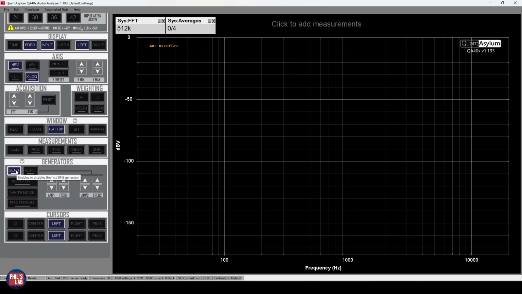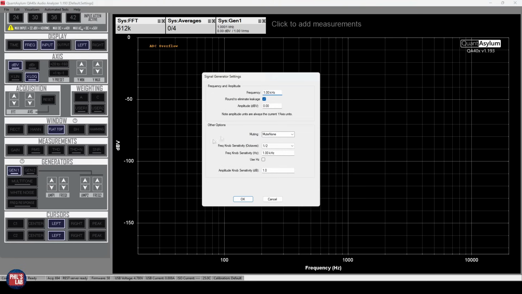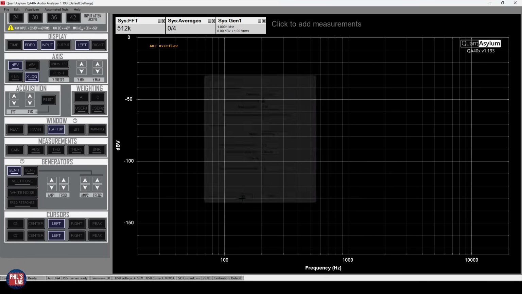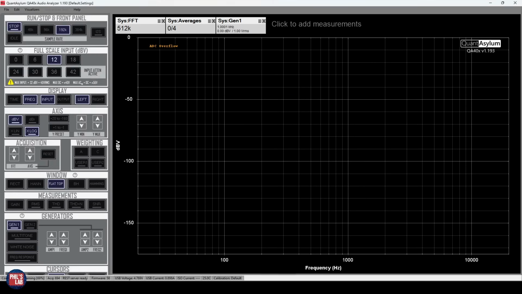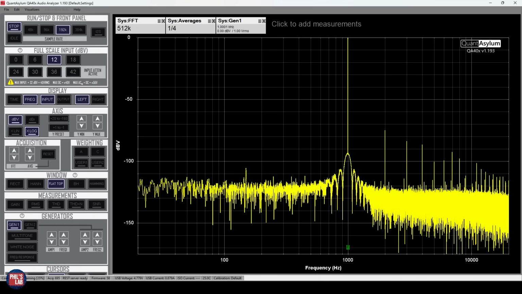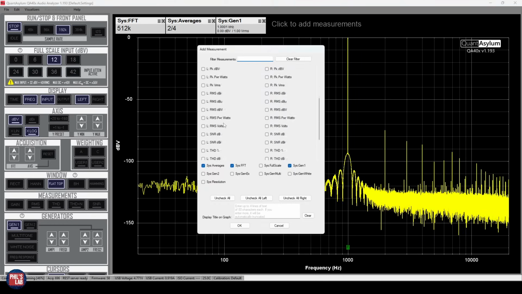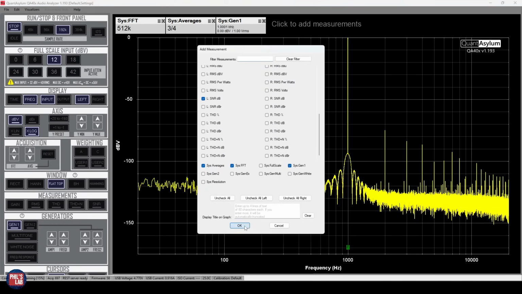If I click on Gen 1 on the left on the generators and right click on it, we can set the frequency and we can set the amplitude in dBV. dBV is relative to 1 volt RMS, so I'll just start with 0, which is 1 volt RMS. Click OK, then I can click Run, and we wait, of course, a tiny bit to receive some measurements. Click to add measurements at the top, and I'll add on the left channel SNR dB, click OK,